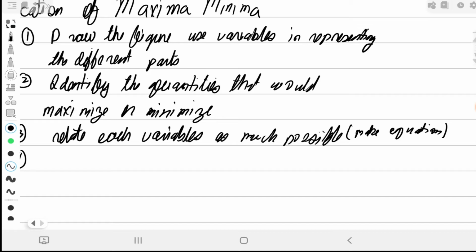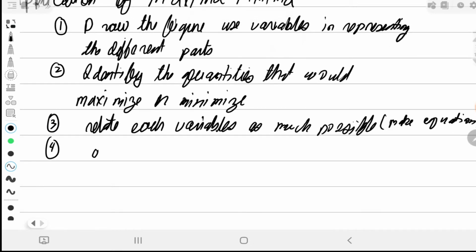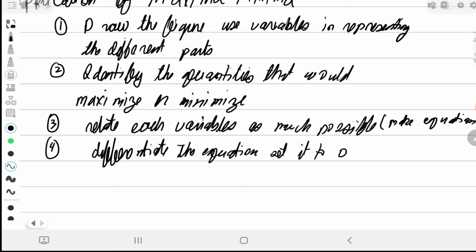After constructing, differentiate the equation that you have constructed and then set it to 0 because we will get the maximum and minimum value. It is like getting the critical points. Okay? So after that, if there will be two or more